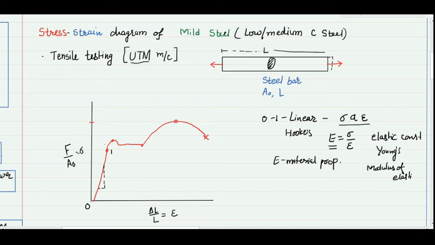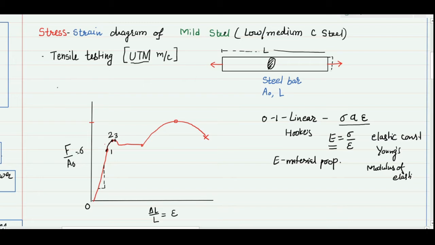After this linear curve, there is a curved portion, and in this curved portion we note a point. After that, there is a sudden change in the length of the material. So here I should mention a point 2, and close to point 2 again there is a point 3. Why am I putting these two points? Because this phenomenon is observed only in steel; for other materials we only find one point.